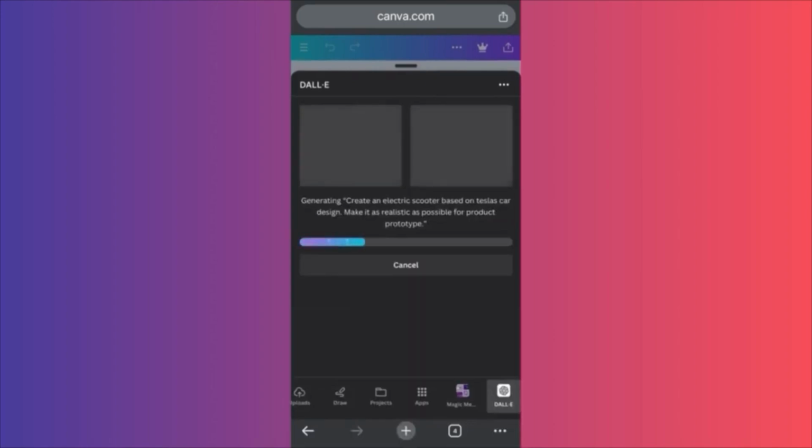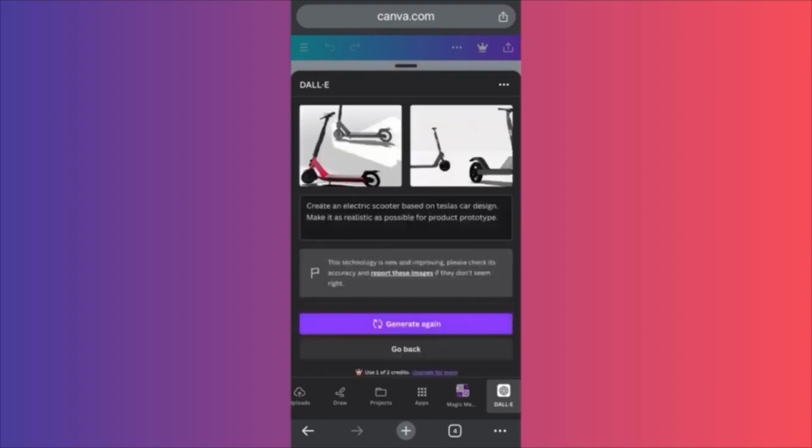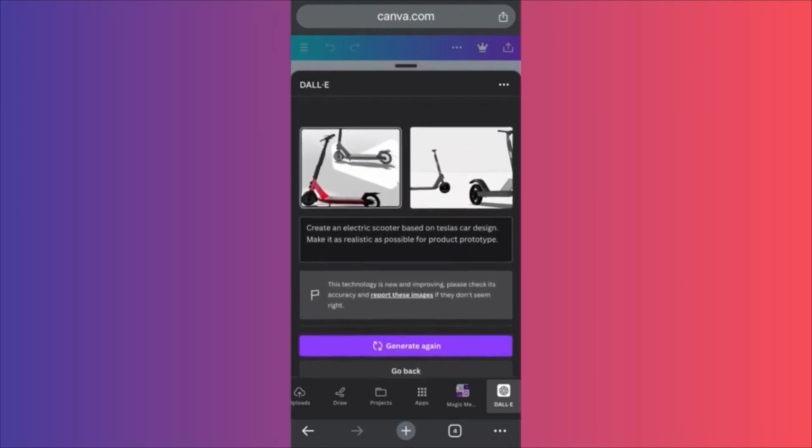With Dalio, we're going to get only 2 variations of the prompt in terms of content. With Magic Studio, you're going to get 4 each time. Also, the credits that you're going to get with Dalio are much less versus the credits you're going to get with Magic Media. So now, as you can see over here, we can still